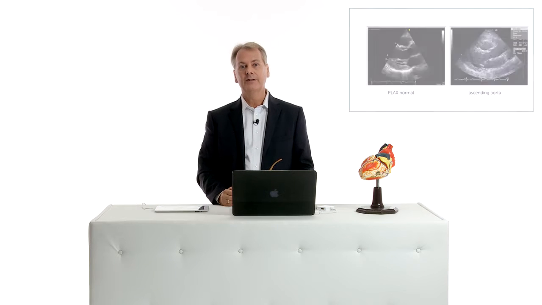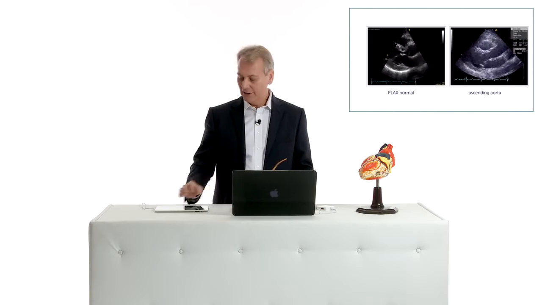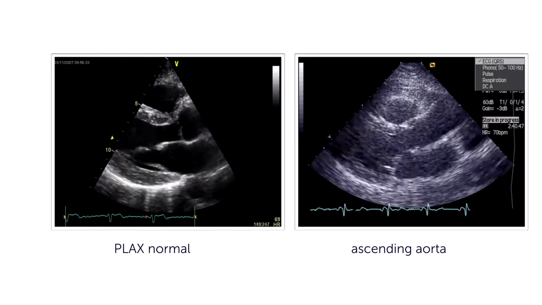view. When I perform a classic parasternal long axis view, I actually don't only perform one view, but I perform two views. One where I place the transducer more cranial, and one which I place in the normal position where you get the best image quality. Why do I do this? Because if you have a more cranial position, you will also be able to see more of the ascending aorta